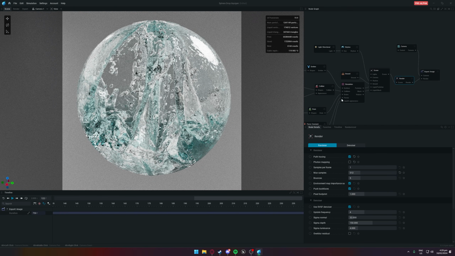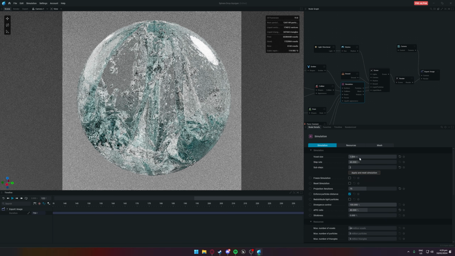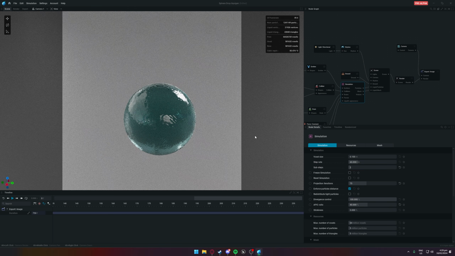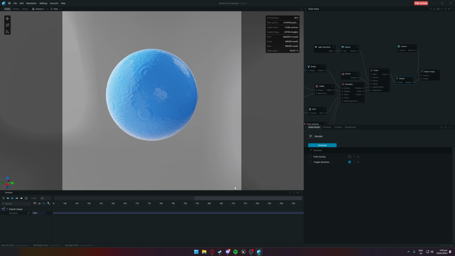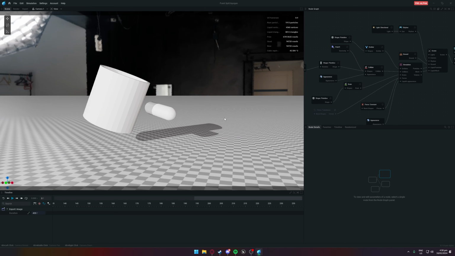I might change the parameters here and decrease the voxel size, something like 0.1, to make it a bit more realistic. Generally it doesn't run too badly, but with me recording and not wanting to lose anything, I don't want to lose this all. We've got a paint splash, which is something that I was working on a bit ago,